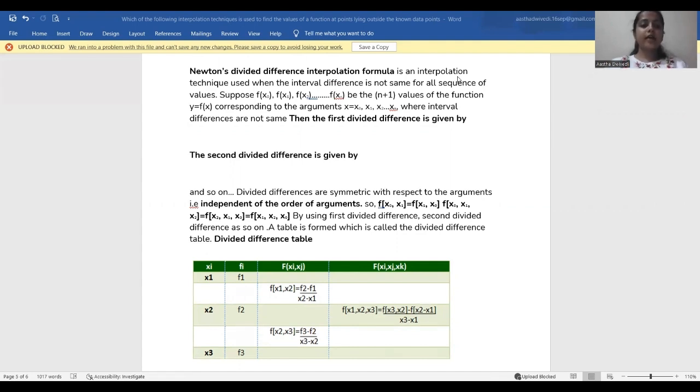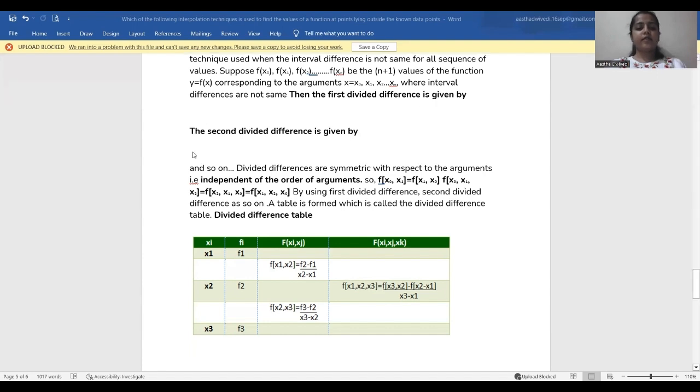But in Newton's divided difference interpolation formula, the interval difference is not the same for all the sequence. Suppose x0, x1, x2, ..., xn are the n plus 1 values of the argument, with f(x) corresponding to x equals x0, x1, x2, ..., xn, where the interval differences are not the same. Then the first divided difference is given by